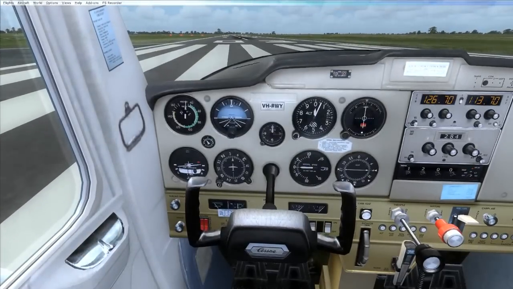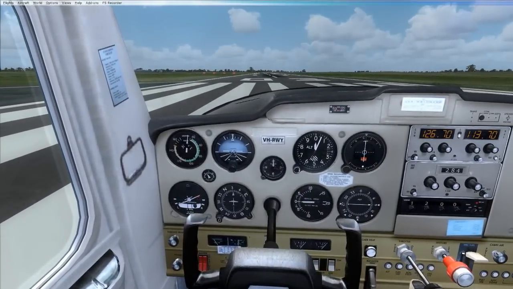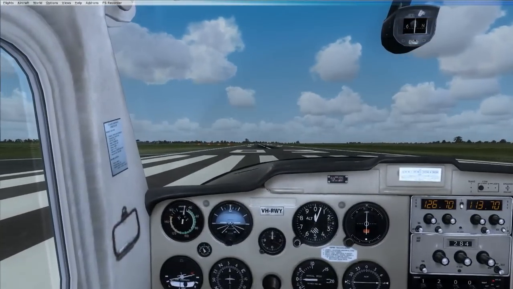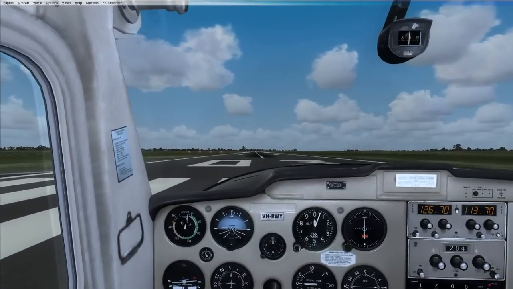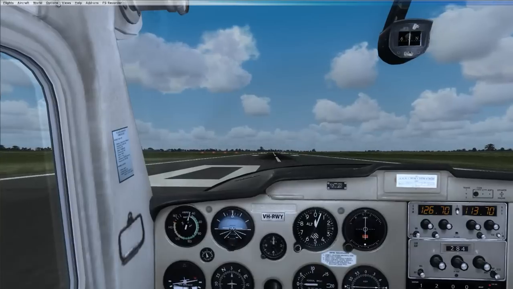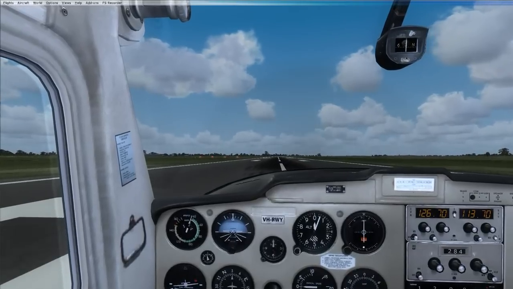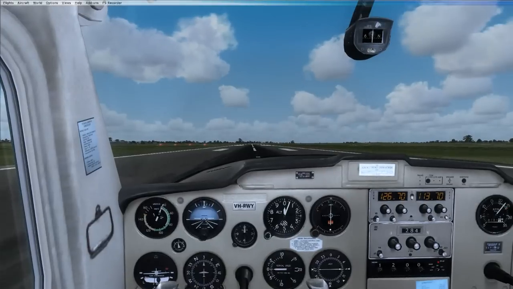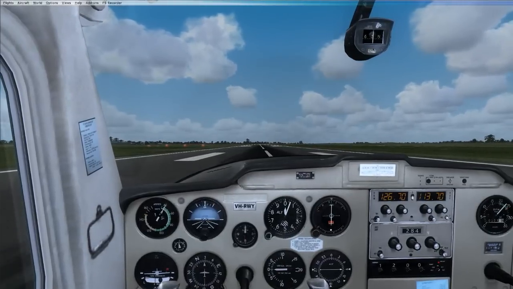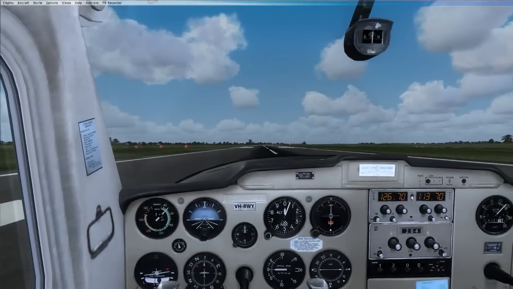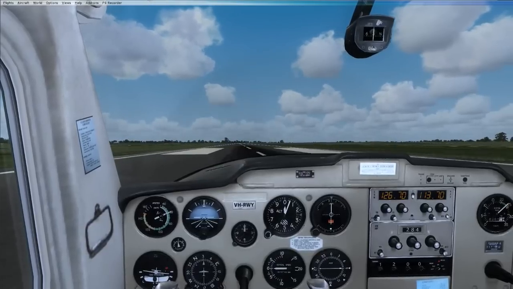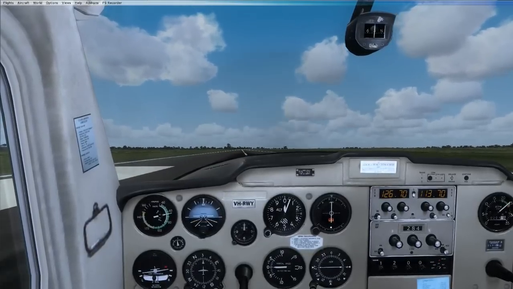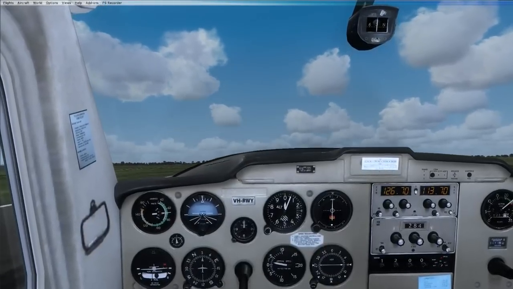Okay, carb heat's cold, mixture is full rich. Broadcasting our intentions, Bussleton traffic, Romeo Whiskey Yankee is rolling at runway 03 for right hand circuit, Bussleton. Full throttle, a little bit of right rudder to counteract the effect of the propeller on the tail. And our airspeed is now bringing up 60 knots, so we'll rotate nice and gently and point our nose towards